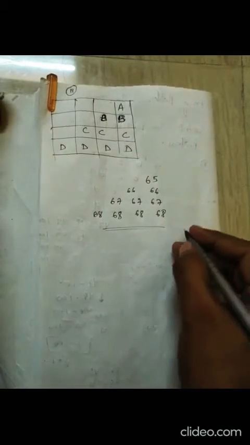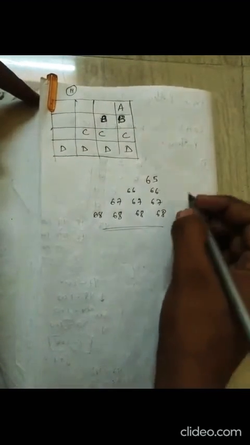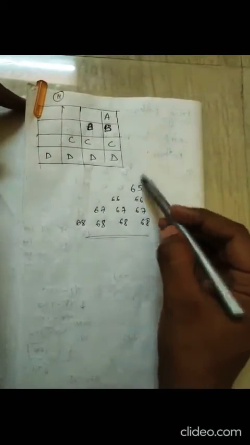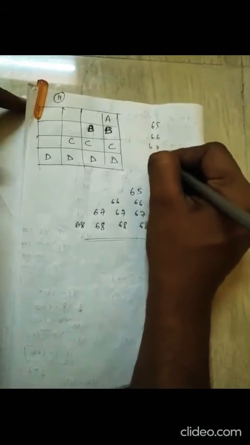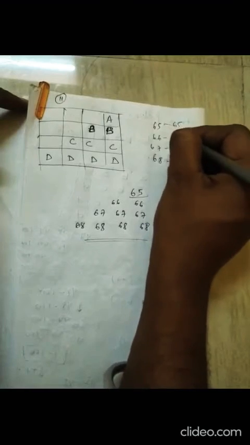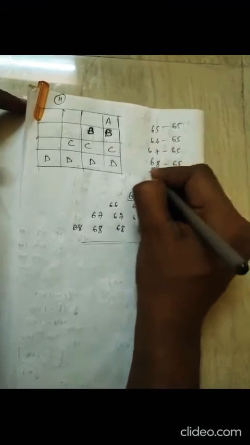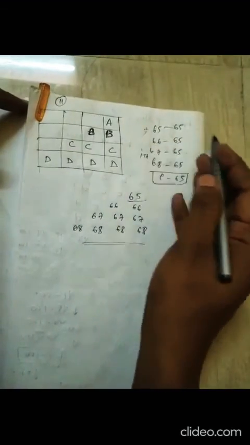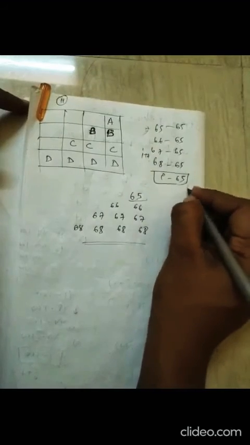Now you can see whether it is type 1, type 2, or type 3. This is a type 2 question where you have to print I. Based on this, first we'll make a table. We know the values of whatever we have in each line: 65, 66, 67, 68. In the first line I have to print one time only. The first value is 65, so right here 65. So this will be I till 65, and this is I plus plus. As we go down, from left to right, 66 to 65, J minus minus.